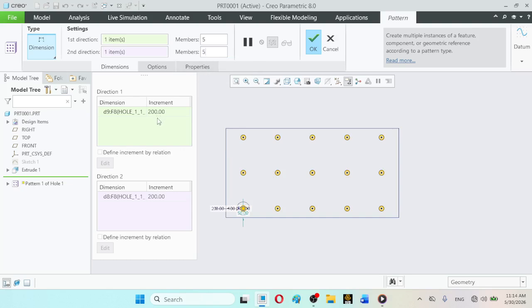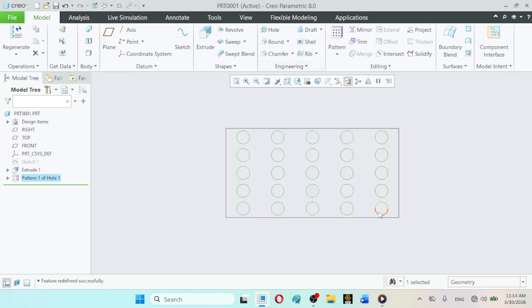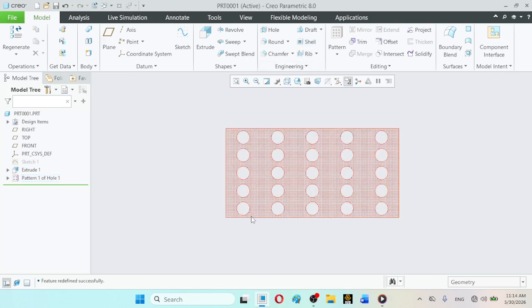So you will have to divide the 400, the net pattern distance, by 4. 400 divided by 4, so 100 separation will be available between consecutive members. So you will be inputting 100 here, like this, and click on OK. And in this way we can observe 1 2 3 4 5 6.